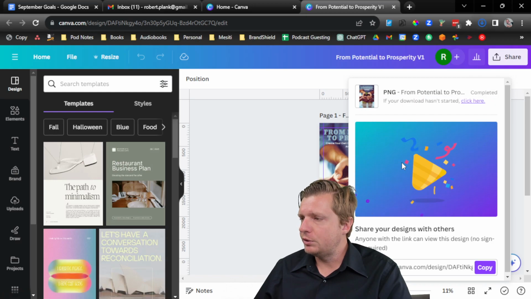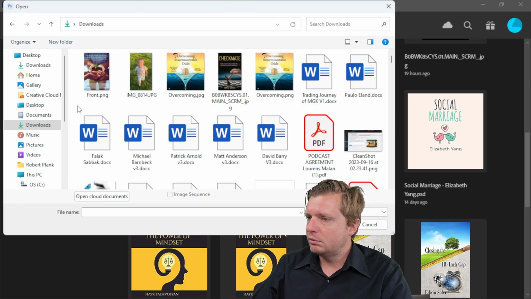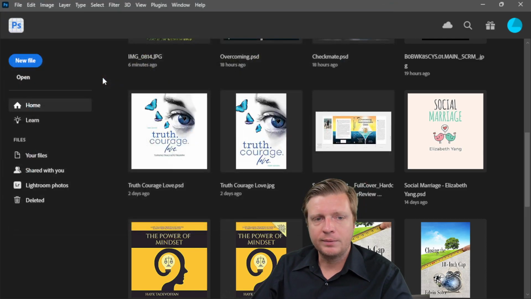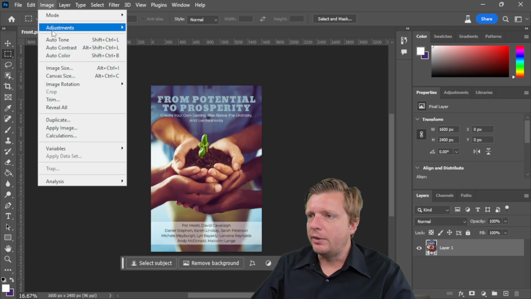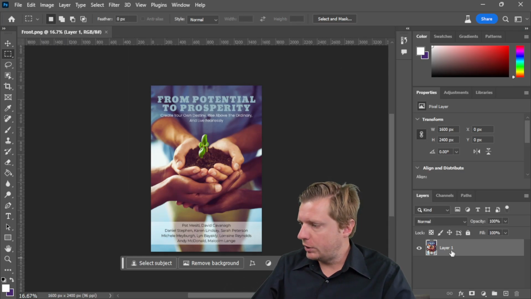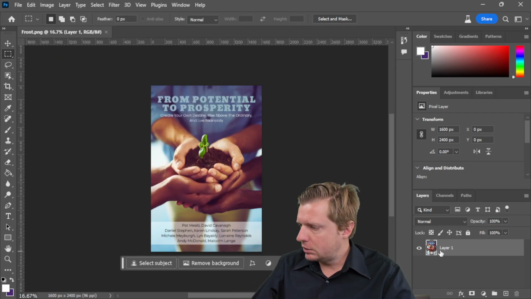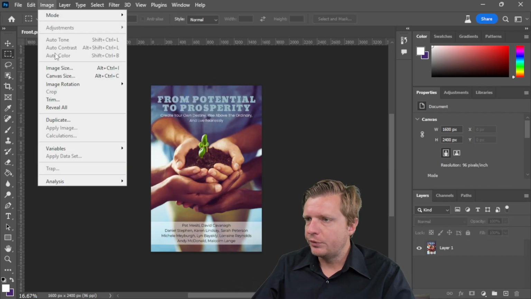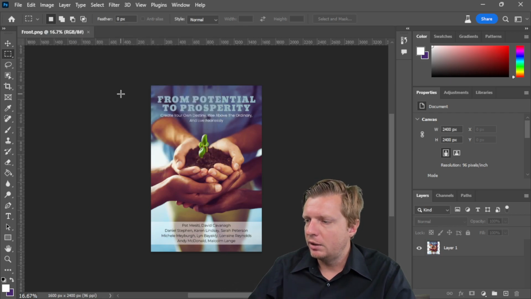Give that a moment to download, and then we'll open it in Photoshop. Is it opening? Okay. And similarly, we want to make sure it's not a background layer. Okay, I'm going to go to canvas size, and then instead of 1600 by 2400, we want to make it a